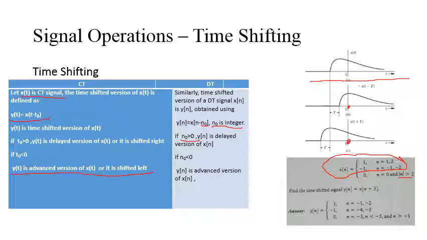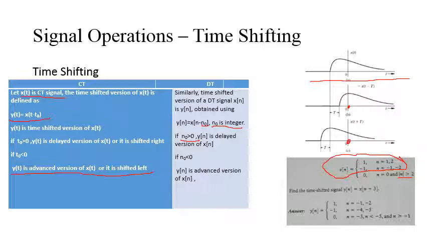So what does it mean? The absolute value of n means both negative and positive values of n. So for example, for -3 it will be 0. Minus 4, it will be 0. Minus 5, it will be 0. Again for plus 3, plus 4, plus 5, it is 0. So you can write it like this also: absolute value of n greater than 2. Either positive n or negative n greater than 2, the signal is 0. So if we plot this signal,